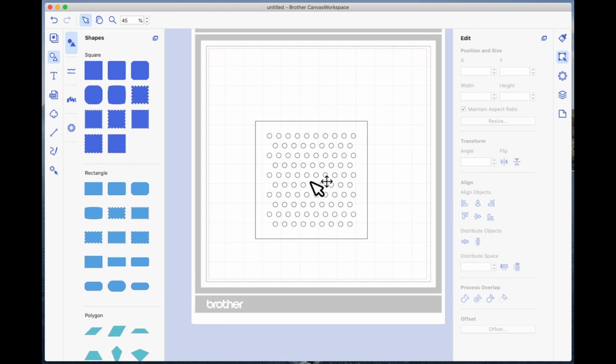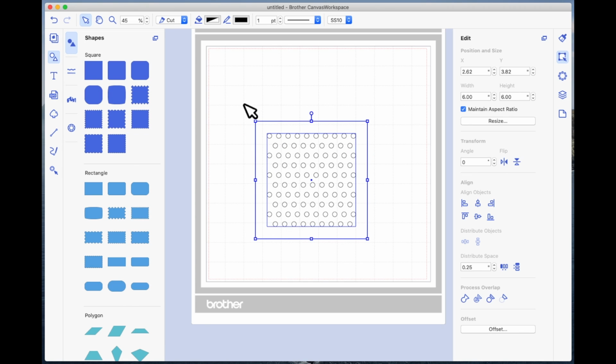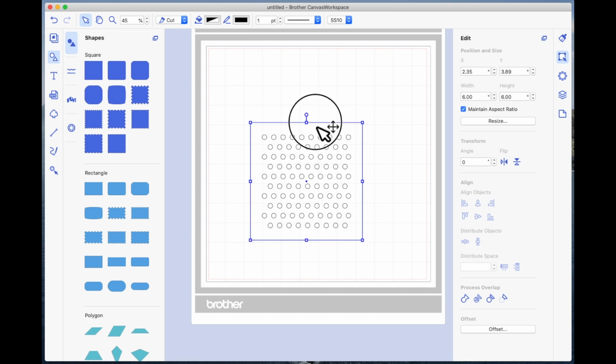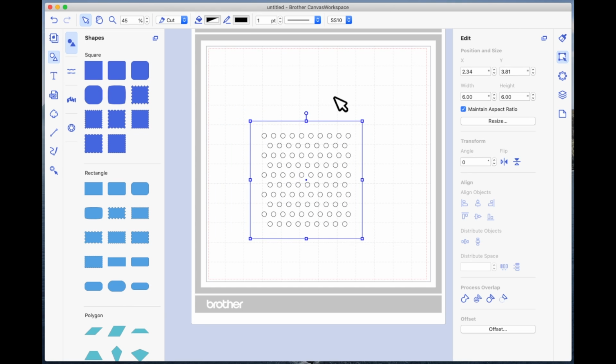So when I click again in the middle, the circles are now selected. So I know they're on top, and to do the next process, they have to be on top of the square. I'm going to drag an imaginary box around everything and come over here to subtract, and that's going to punch the circles out of this square. So this is all one object now. So if I fill it with colour,